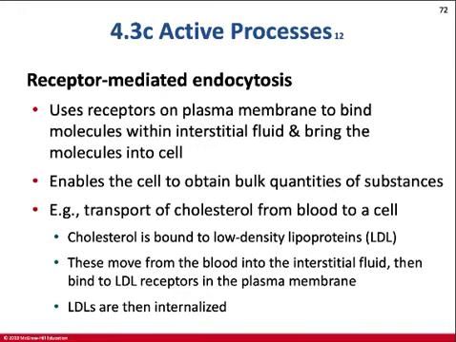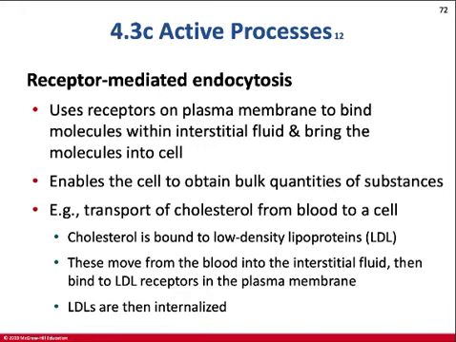There's phagocytosis. Okay, receptor mediated. One example of this is the movement of cholesterol into the cell. Cholesterol is a lipid, transported through the blood in vehicles called lipoproteins, which have antigens on their surface. When these lipoproteins arrive at the cell where they're going to dump their payload, they attach to receptors on the cell surface, and that promotes receptor-mediated endocytosis of the payload inside the lipoprotein, which is some sort